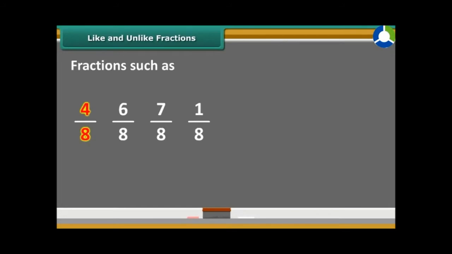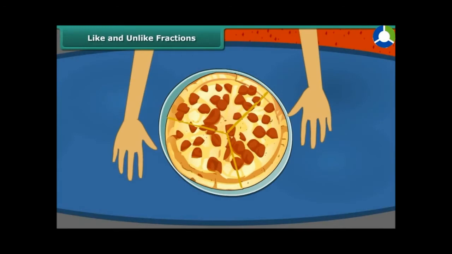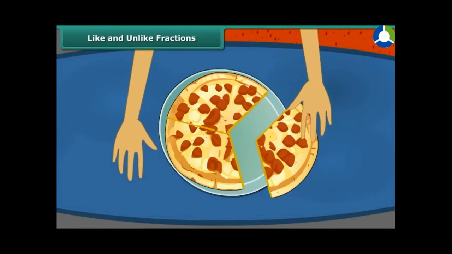Fractions such as 4/8, 6/8, 7/8, 1/8 with the same denominator are called like fractions. Fractions such as 1/4, 3/5, 7/8, 9/11 with different denominators are called unlike fractions. Looking at the question we earlier asked, we can say that each of them, Rahul, Reema